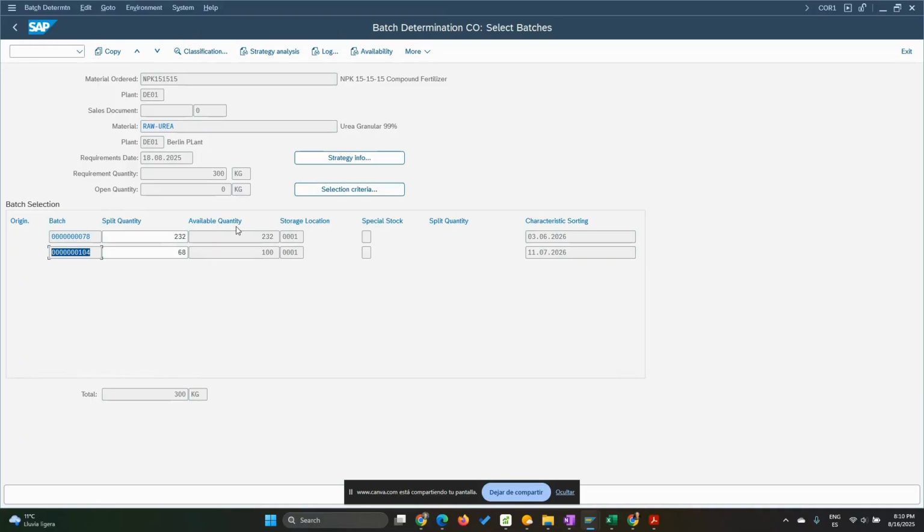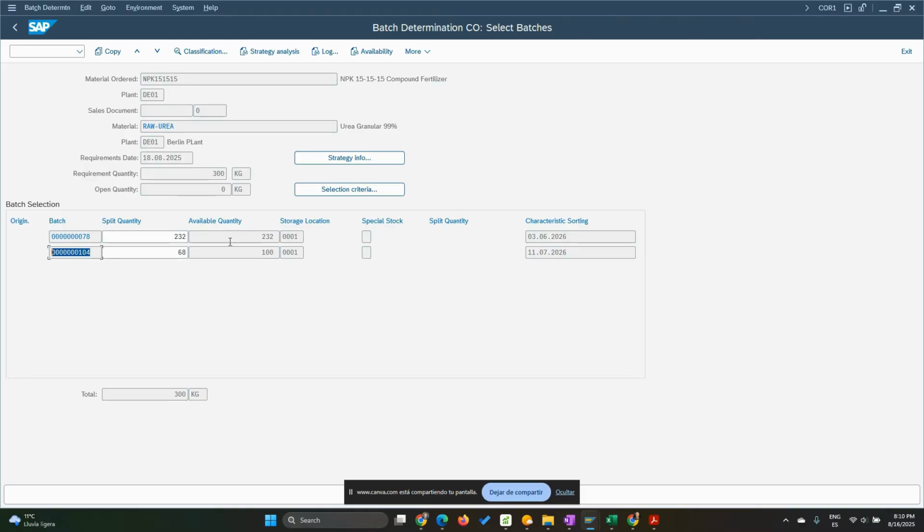Okay, so this is a good example. How can we handle this, right? Or what could be the root cause of not having the batch determined here automatically, but we do have the total quantity. Okay, this is a very important case that you might need to be dealing with in the future,